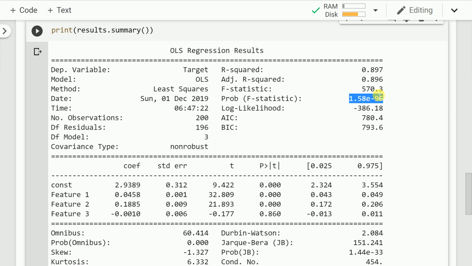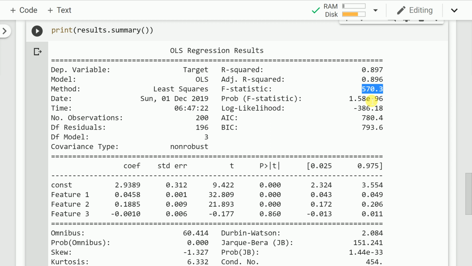In plain English, there is evidence that there is a linear relationship between feature 1, feature 2 and the other set of features, that is feature 3, and my target variable, which is denoted by my overall F statistic and the p-value of the F statistic. An F statistic greater than 1, or a really large value of F statistic, plus a p-value, that is the probability of the F statistic value, less than 0.05 signifies that there is a good amount of linear relationship between my target variable and my feature variables.